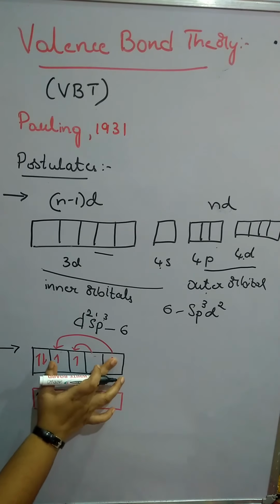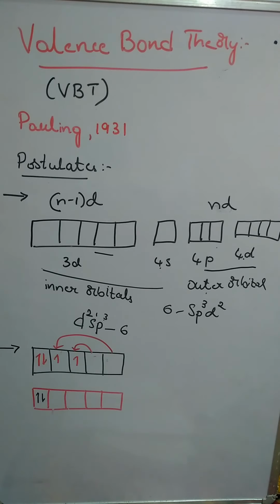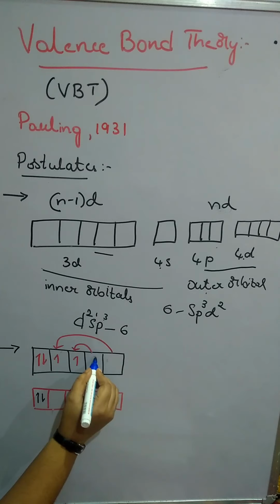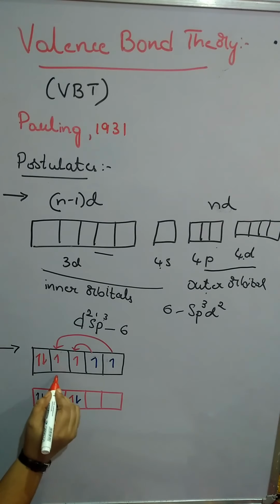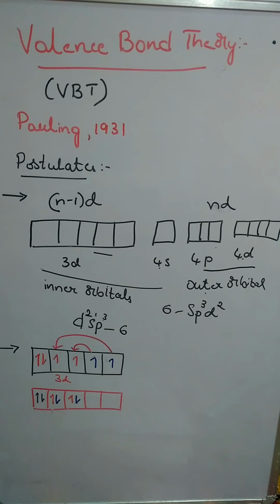We'll do one thing so that it will be easy for you to understand. The electronic configuration may change like this. And this is not going to happen in all the orbitals. These are 3d orbitals. In 3d orbitals, sometimes the unpaired electrons may jump to another orbital which has an unpaired electron, and they may get paired up.